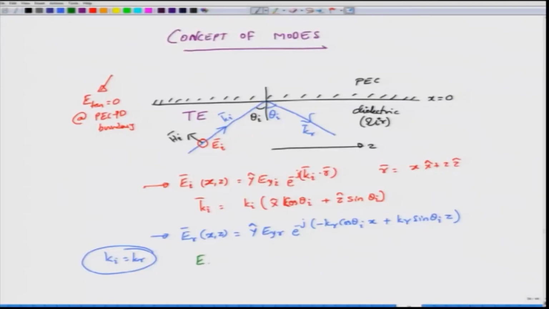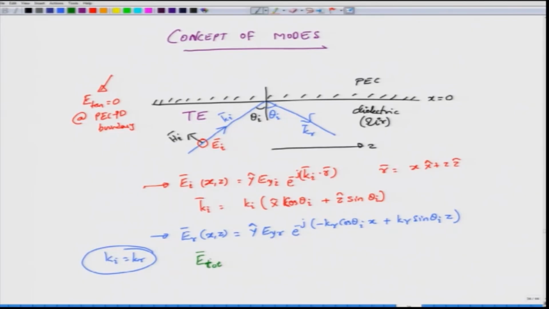magnetic field. So, the concept of a mode for the TE case can be explained only with the incident and reflected electric fields. Clearly, there is no transmitted electric field into the perfect electric conductor. So, all of the electromagnetic wave has actually reflected back. So, what is the total electric field in the first medium? In the first medium, the total electric field, which I will denote as E with a subscript of TOT, so as not to confuse it with the transmitted field,